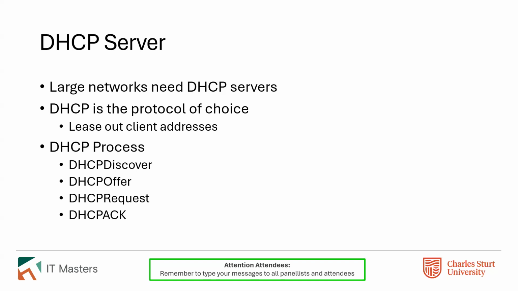Chris has asked about reservations. So yes, that's a good question, Chris. What Chris is actually asking is, how do you deal with a machine that needs something approaching a static address? Obviously DHCP, part of what it does is essentially allocate a random address. So you've got a pool. It'll typically be the size of your network. So if you're using 192.168.1.1 as your router address, you'll typically use the rest of that range from 2 through to 254 for your clients. Now, what if you need to know where something is? It's a server, for example.